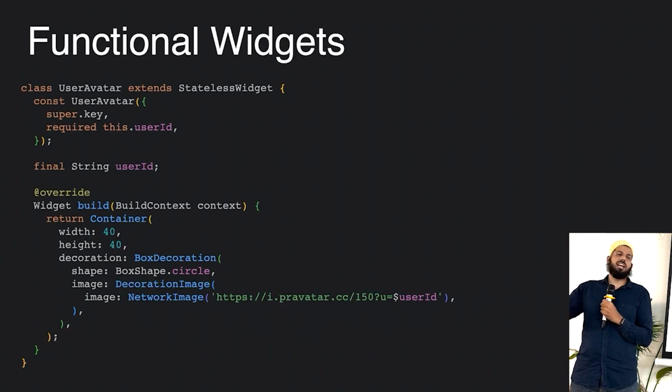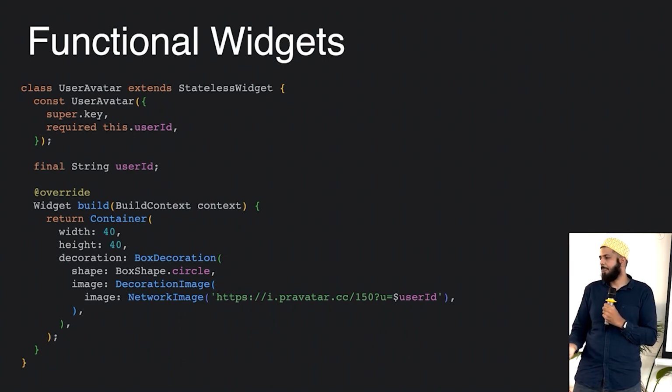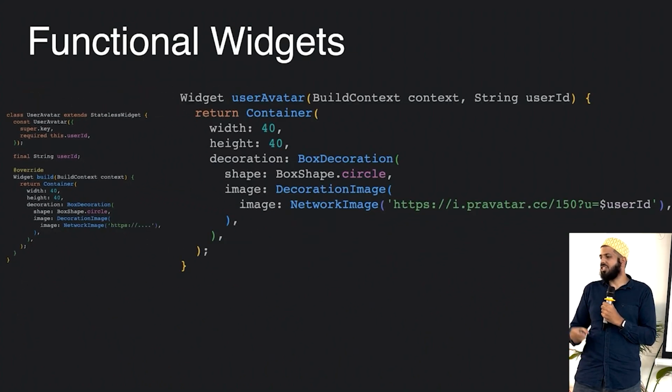So for example, I have a class called user avatar. If you have worked on Flutter, you can just create a class which will work as a widget there. So you can do it, but it has a lot of boilerplate code, stateless, keys, user ID and all those things. You just want to focus on a build function कि मुझे क्या UI पे दिखाना है. So what you can do is you can just write a function